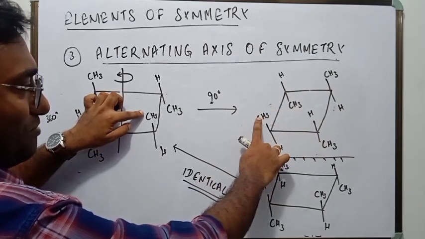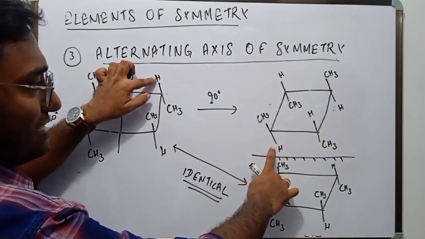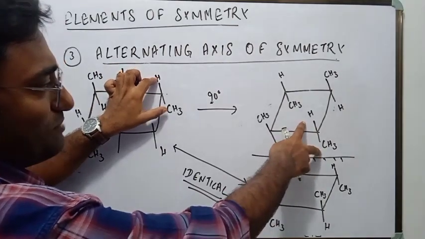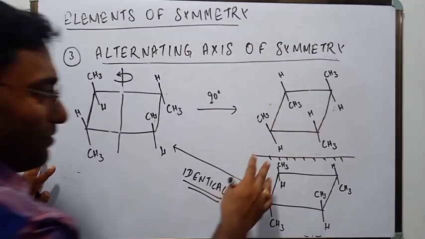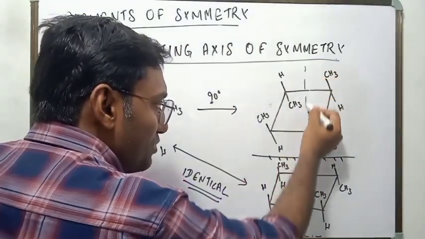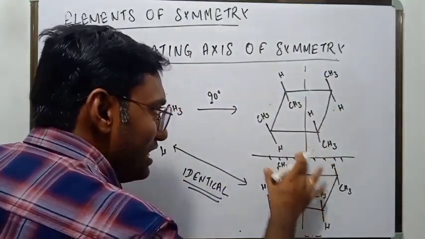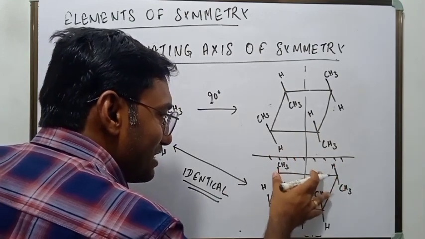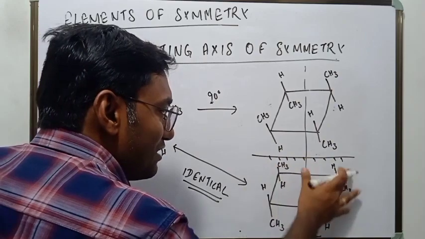This CH3 has come here, right? This H has come here, fine, and this H and CH3 have come here. So it is a proper 90-degree rotation. After I get this structure, I just reflect it across the plane perpendicular to the axis. When I reflect it across the plane perpendicular to the axis, I get this kind of structure, which is